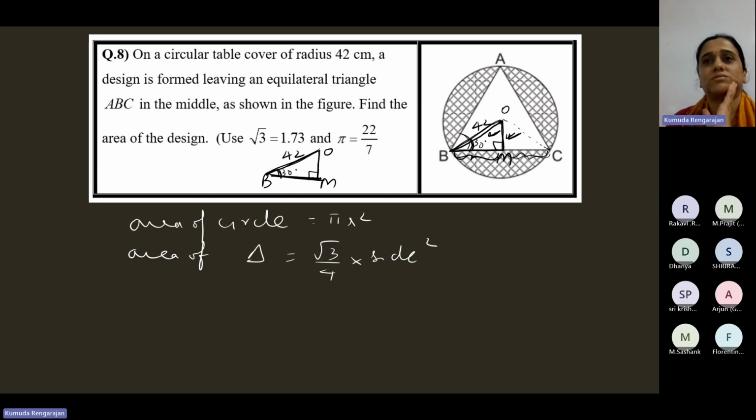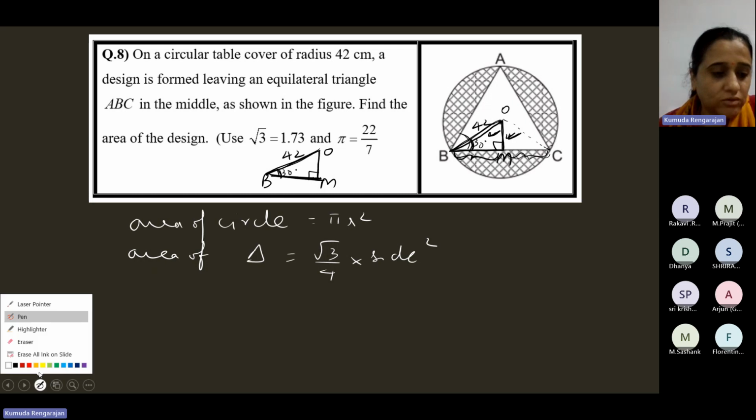This is the other approach. Using the radius, find pi r square, which is the area of the circle. Using BC and the formula root 3 by 4 a square, find the area of the triangle. The difference will give us the area of the design. You can also